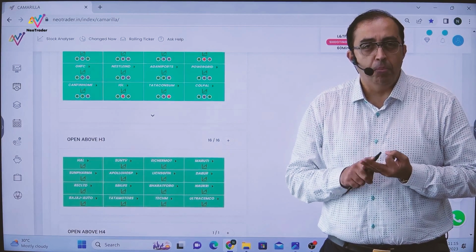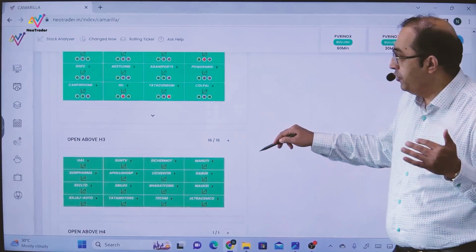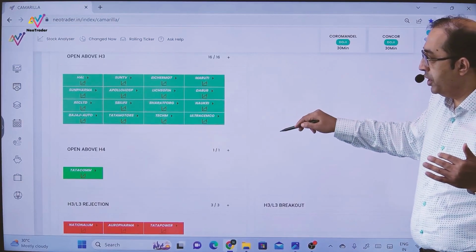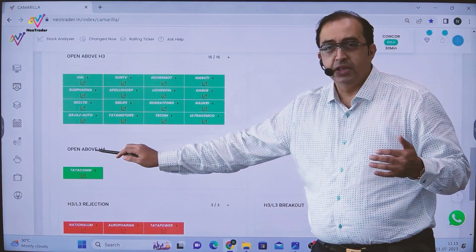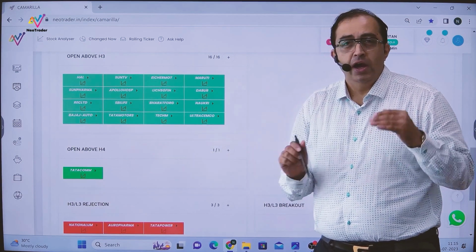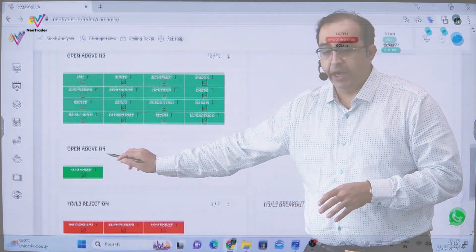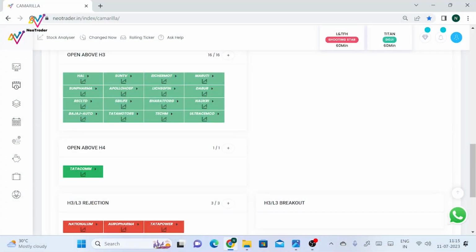You have open above H4, which is one of the most potential moves. You can see here a stock which has opened above H4. So right in the morning at the opening, you get this particular trade. Let me show you how you can watch. The moment it opens above H4, it gets flashed here.